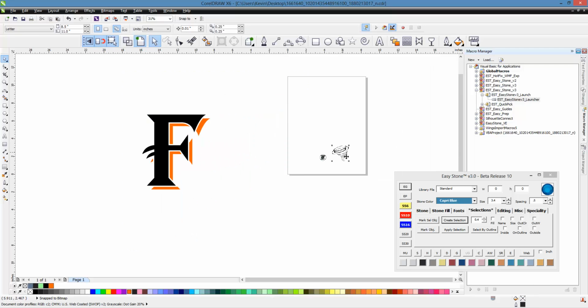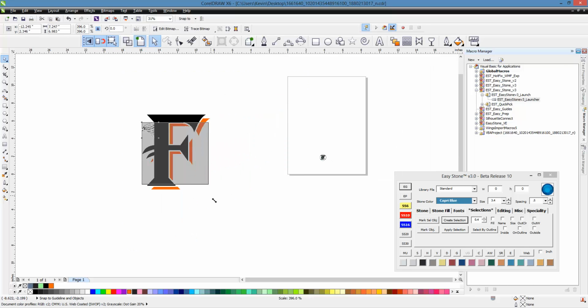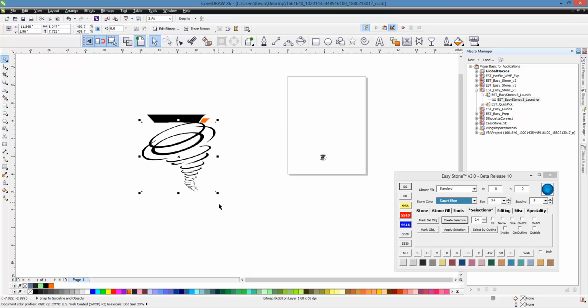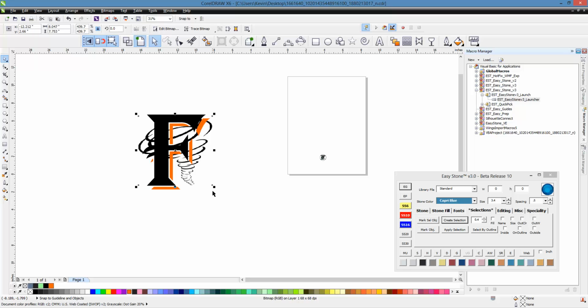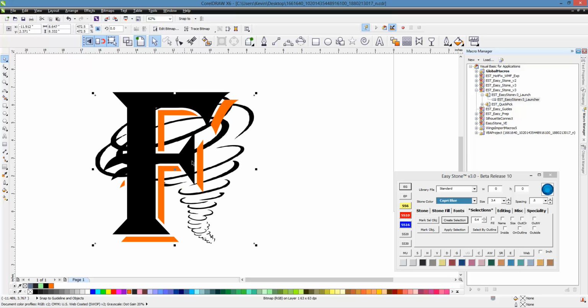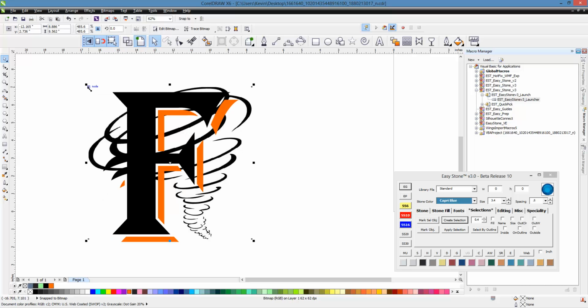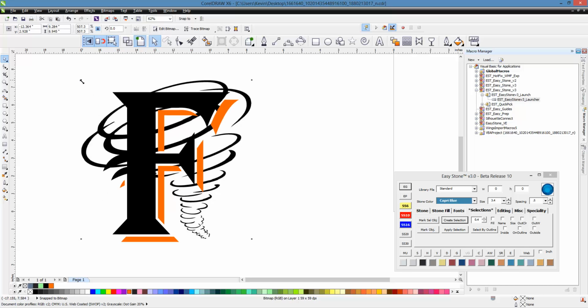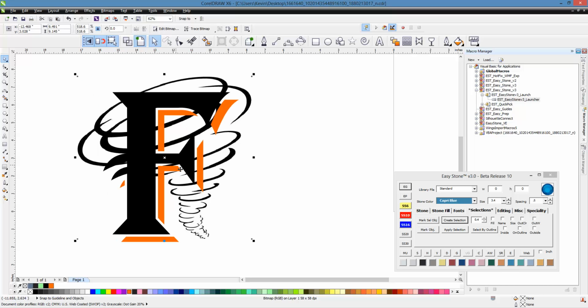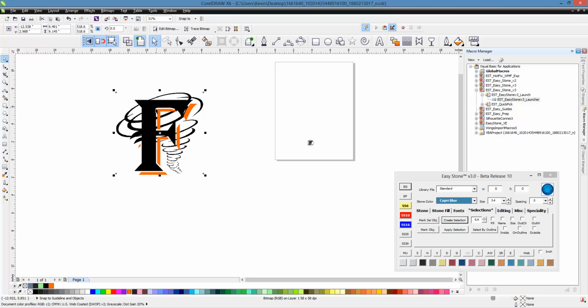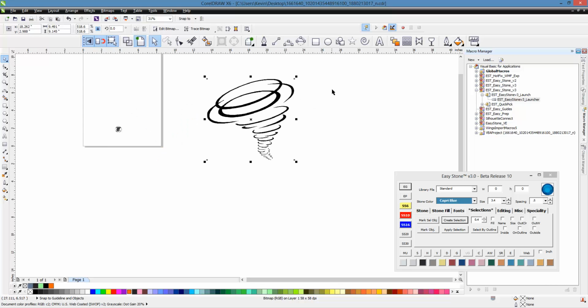So now what we want to do is take our hurricane and just set it right over the top. Actually, I'm going to push it down to the bottom so we can see how this will interact with our F a little bit. So we got the bottom of our tornado, hurricane, whirligig here. And how do we want this to intersect with our F? Well, let's just say that looks pretty good. I think I'd be happy with the way that looks. So we're actually going to put that on top. All right. So now that we have this in place, let's just pull it over here